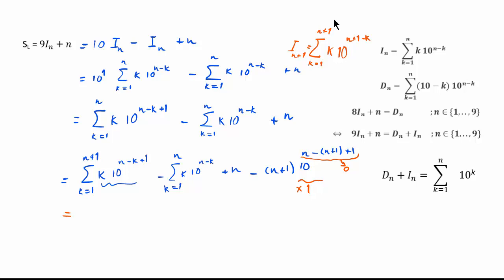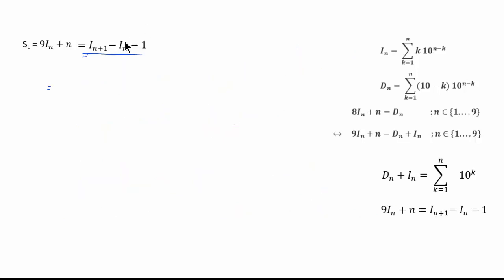Thus, this is equal to I(n+1) minus In, and here we cancel n with n, and we have minus 1. Let's substitute each of them with its formula here. This is I(n+1), and this is In, and not to forget minus 1. And now let's try to unify these powers here and here. And this is done again by changing the